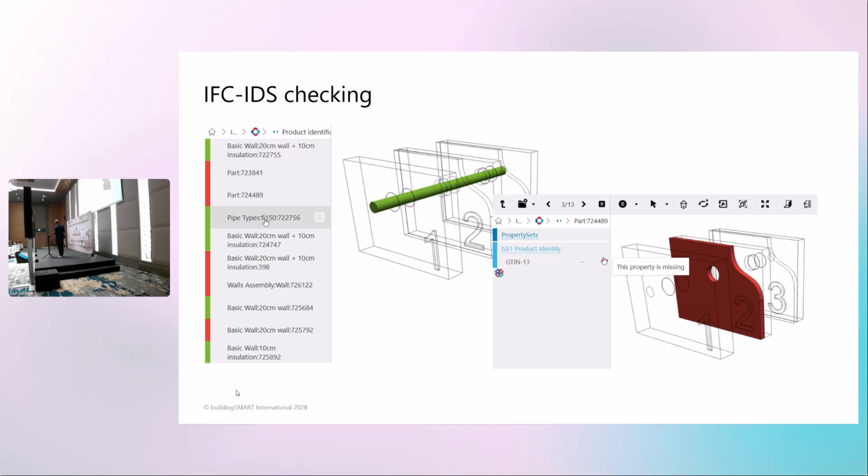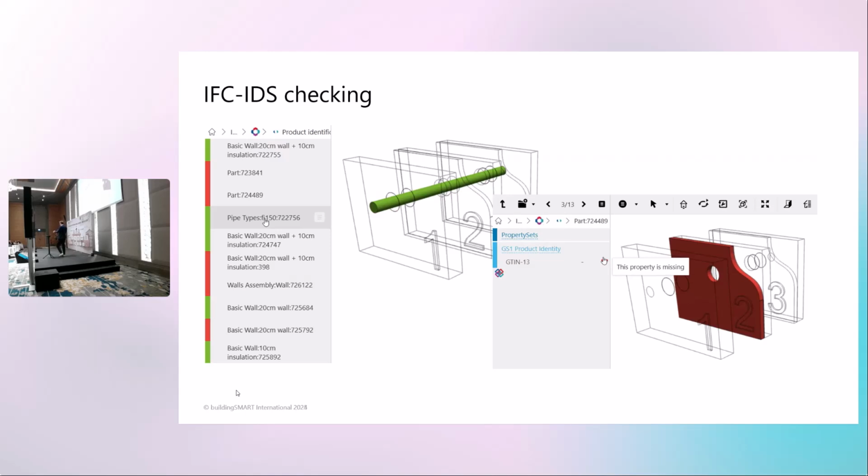What they see when they operate with IDS specifications are those lists of requirements that allow them to do automatic checks. In this case, we made this very simple model with just 3 walls and a pipe going through them. And we asked which of the elements have all of the identifiers that Inge required on the project correctly, and which don't match the requirement.